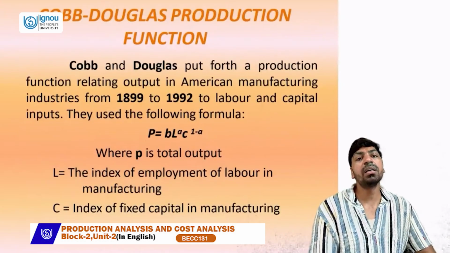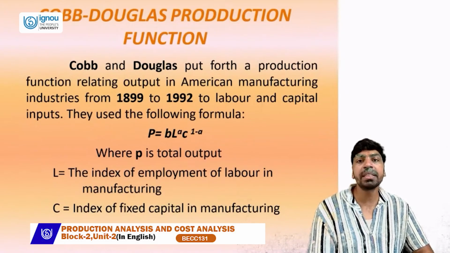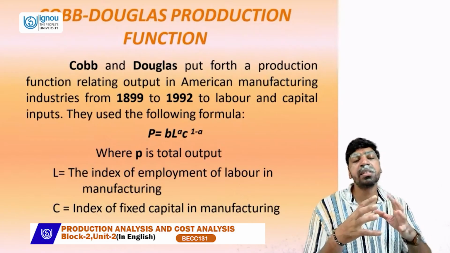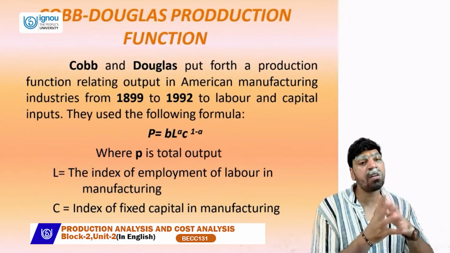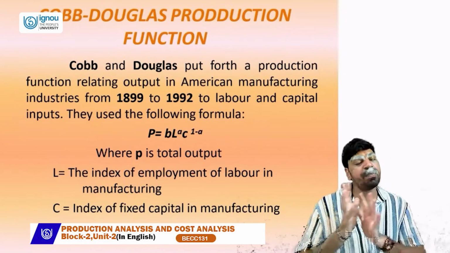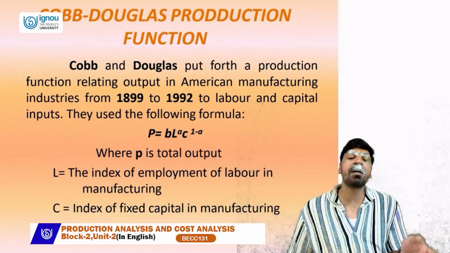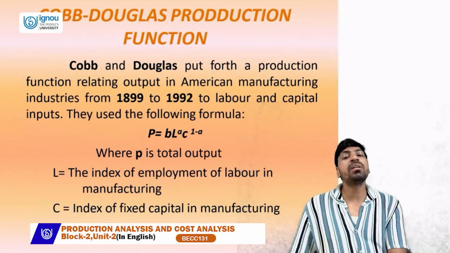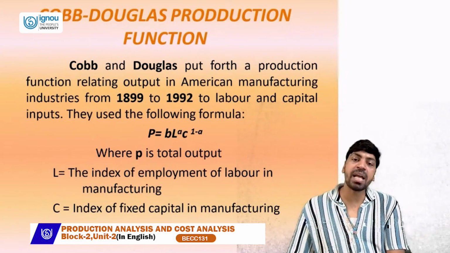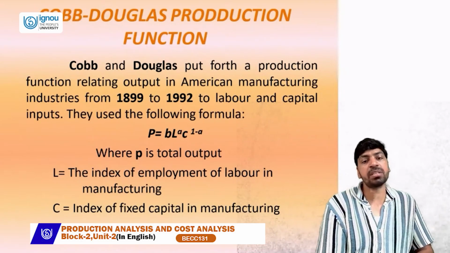That is one of the concepts of production function, that is the Cobb-Douglas production function. Basically this concept is related to the level of output, mainly in the American manufacturing industry, from 1899 to 1922, especially by combining two inputs, two factor inputs, that is labor and capital. So there is a prescribed formula, which is called the